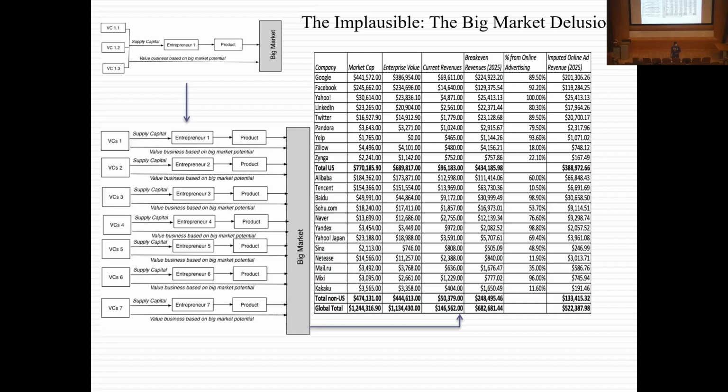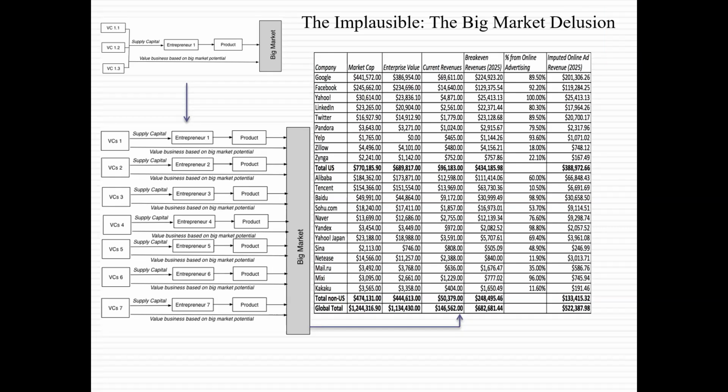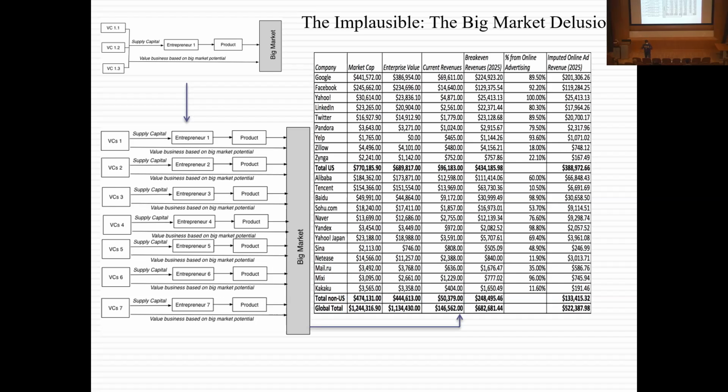So you're an overconfident entrepreneur. You found this big market. You start a new business. You approach venture capitalists. Venture capitalists, do they tend to be kind of shy people or overconfident people? Venture capitalists think they can pick winners. So you're an overconfident entrepreneur. You see a big market. You create a business to take advantage of the big market. You find a few venture capitalists who buy into your vision. They're overconfident people as well. So you now have this little nest of overconfident people talking to each other.